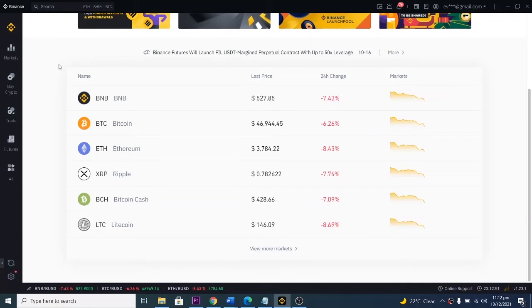So in this tutorial, I'm going to be showing you how to trade cryptocurrency. And the first thing you need to know is the trading platform where you can trade, buy and sell your cryptocurrency. And one of the most popular ones is Binance. We have Binance, we have Kraken, we have KuCoin, and we have other ones that are